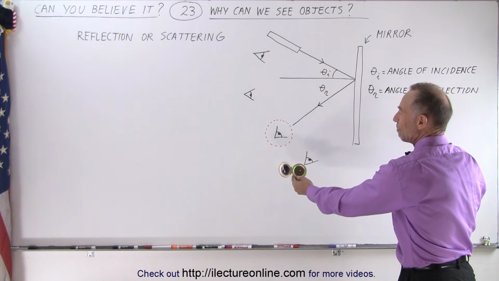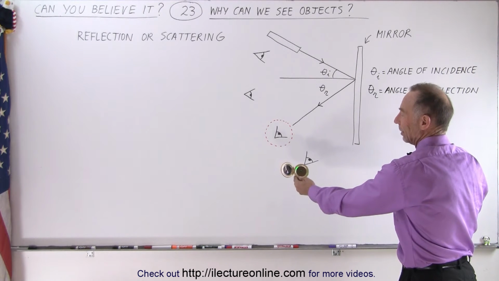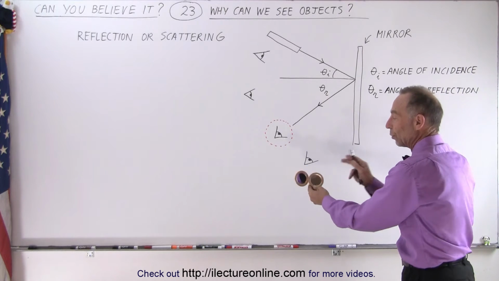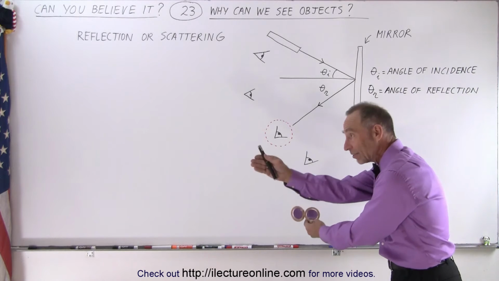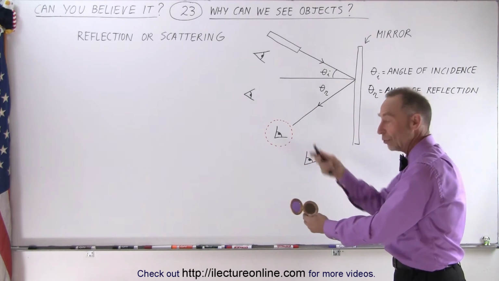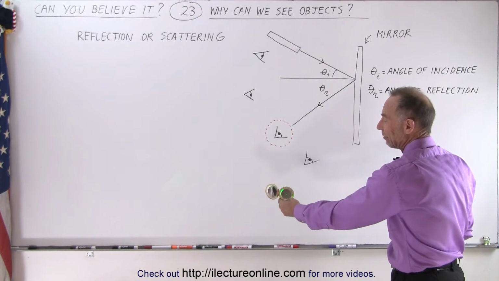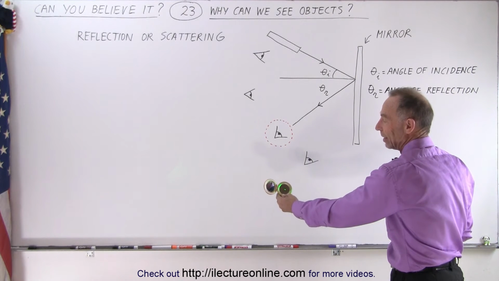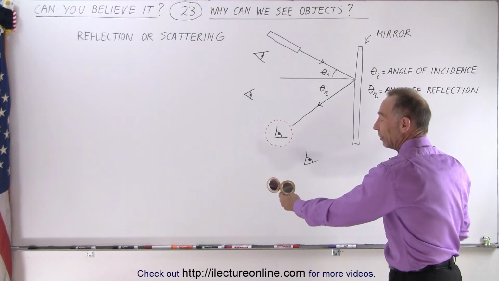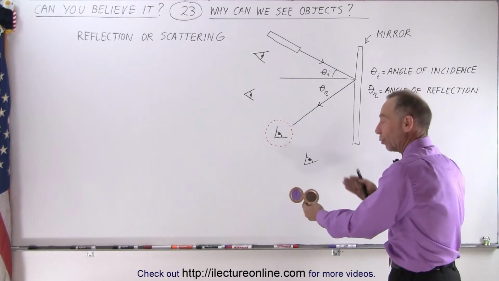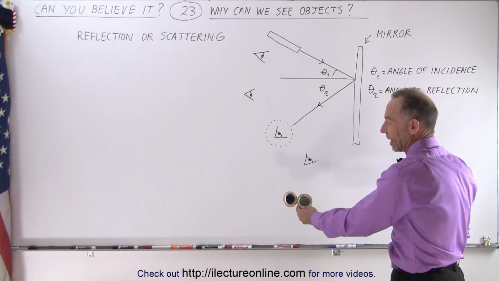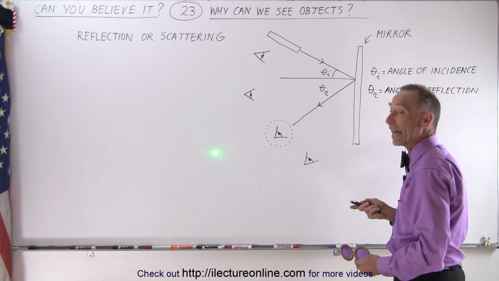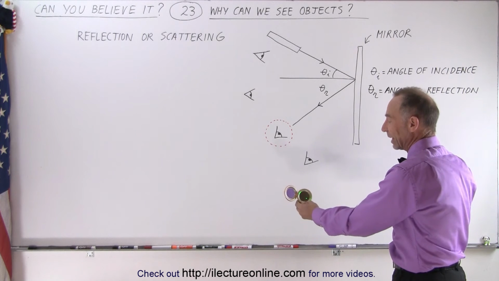And now you can see that you barely see anything on the mirror, because in this case the surface is so clean that the vast majority of the light actually reflects, and therefore no one else in the room can see it. If you look very carefully, you see just a slight amount of green there because there's a little bit of scattering, but the vast amount of the light is reflected, and it's reflected up against the wall up there instead of back towards me or back towards the camera. This is what we call scattered light. This is what we call reflected light.